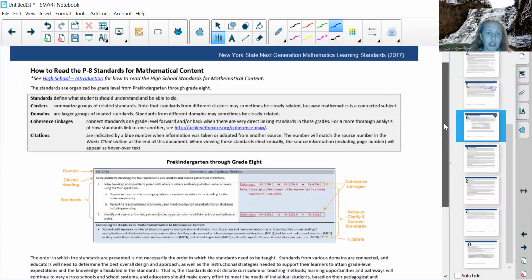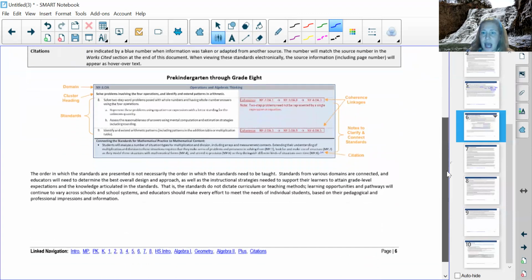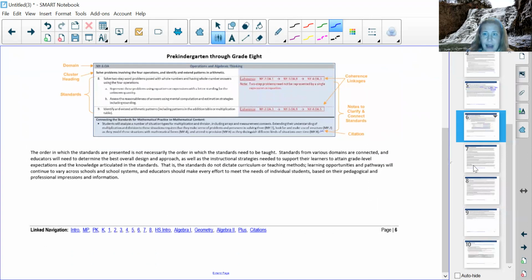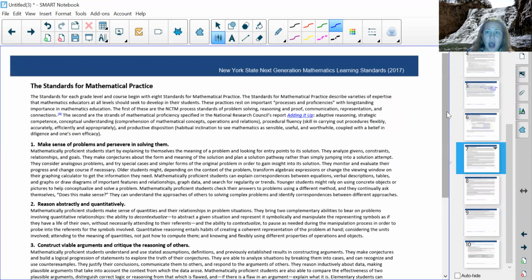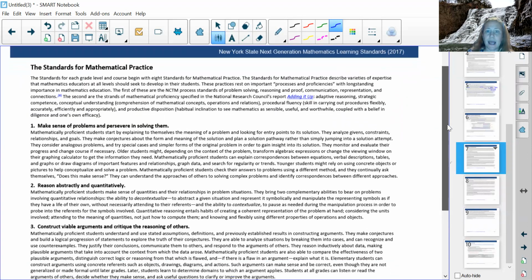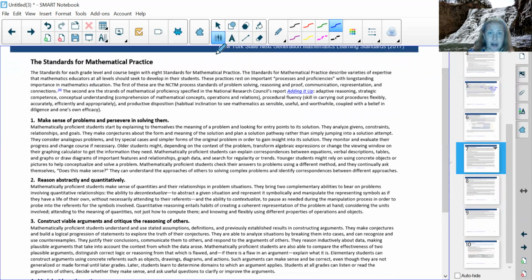Let's see, we're going to be looking more carefully at this page on Thursday, how to read the standards. So here are our SMPs, right? Our standards for mathematical practice. And part of the homework tonight is I would like you to read over these and